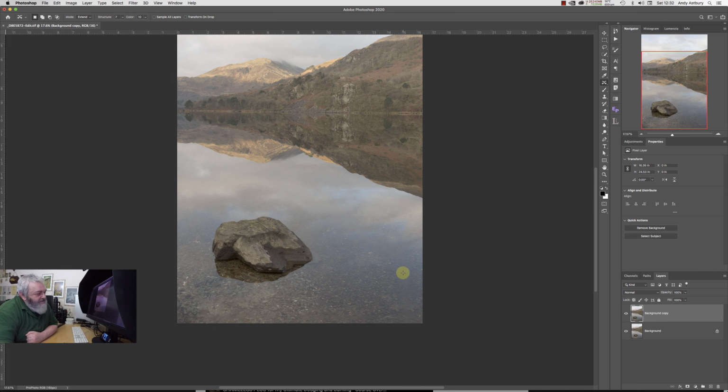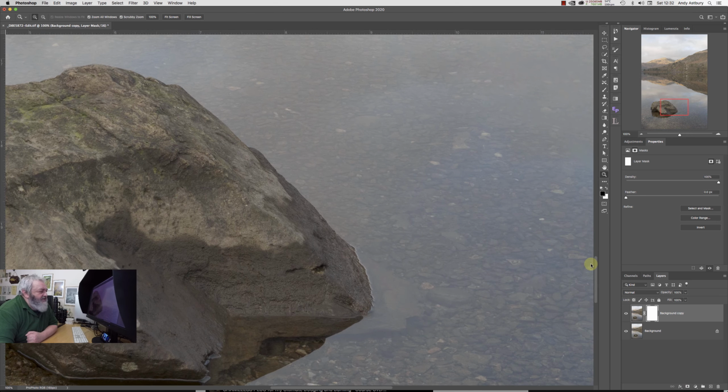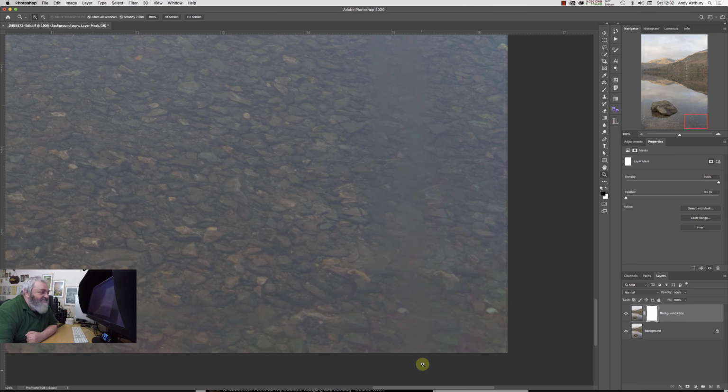The only thing is, if you look around here, you can see you've got these blurred edges and a blurred edge along the bottom. So what you could do is add a mask, and if we go into the image at 100%, I mean, yeah, it's done a relatively good job of shifting things, but now you can see this blurry edge that's been put in. And as I said, you may not notice it. You see, you've got repeating patterns here,